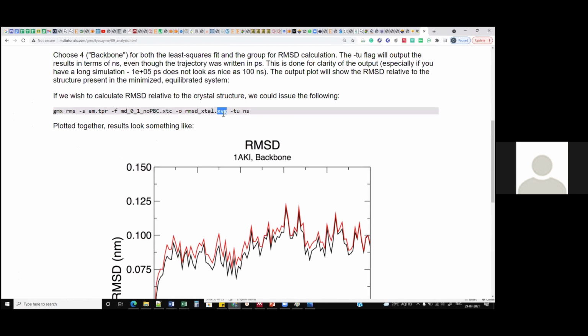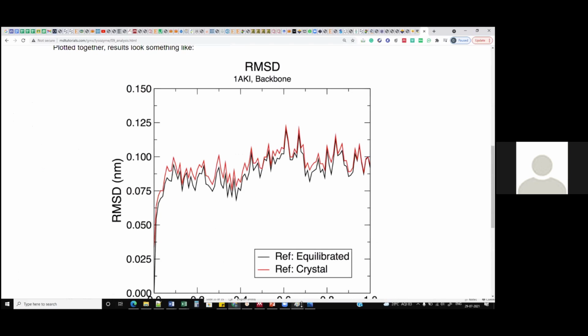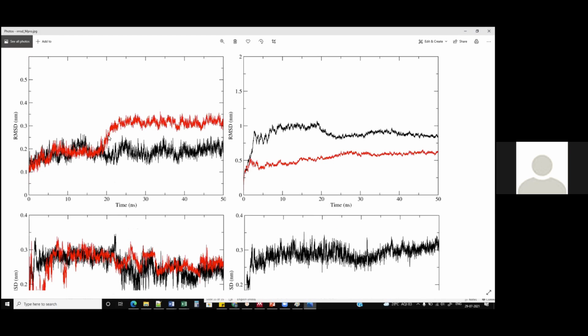You just open this file with any plotting tool and it will open up something like this. In this case, we can say that the apoprotein is stabilized a little bit, you can see a stabilization over here, compared to the protein ligand complex. Over here you can see there's some kind of problem. This is for another protein.